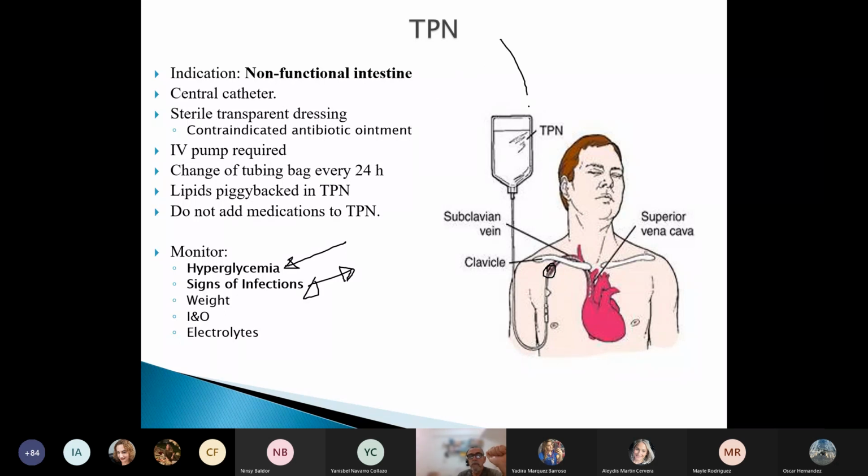So this patient is going to be receiving directly in the vein a very high concentration of dextrose or glucose. So even if the client is not diabetic, there is a high probability of developing hyperglycemia. Hyperglycemia, talking about blood sugar at 300, for example, is not rare. It's something expected in a client receiving TPN, even if the client is not diabetic. And this is what you need to understand.